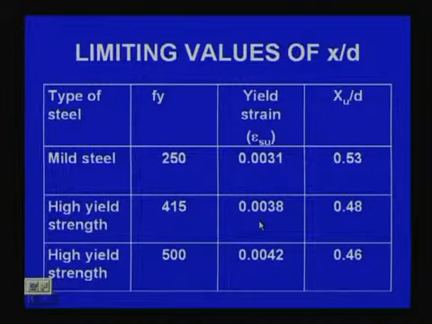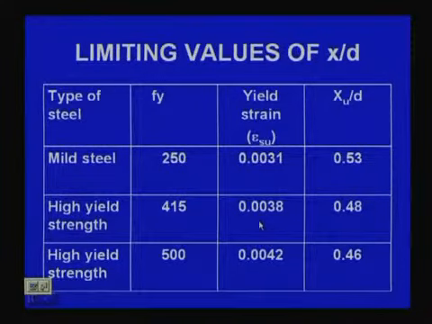So please note, for concrete 0.0035, most of the cases we use Fe415, so we should note the limiting strain, which is nothing but 0.0038. At least you should remember these two values, 0.0035 for concrete, and for the steel most used, Fe415, 0.0038. And we can get the limiting values